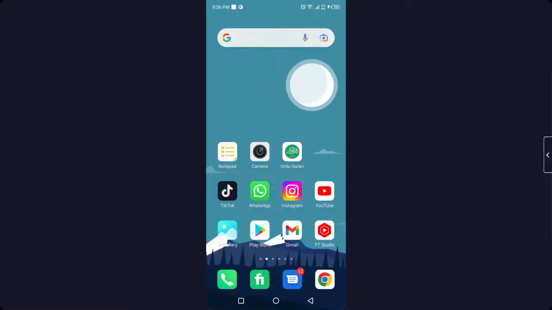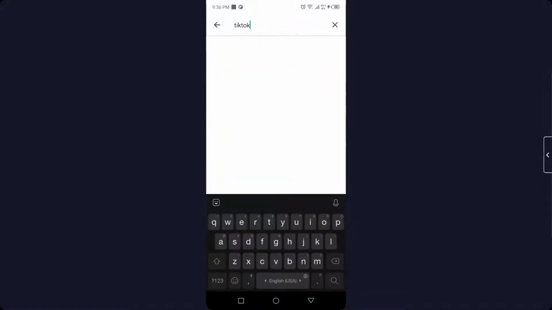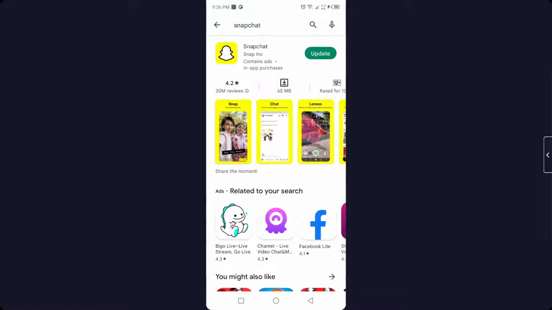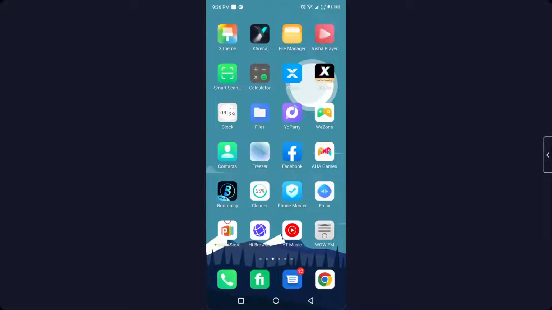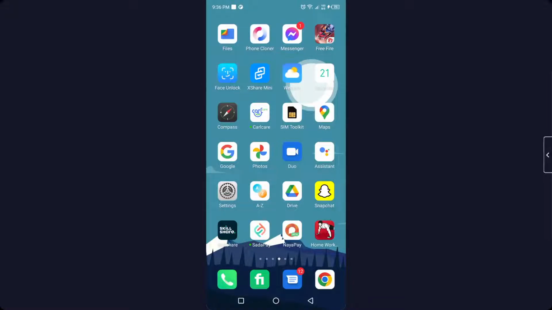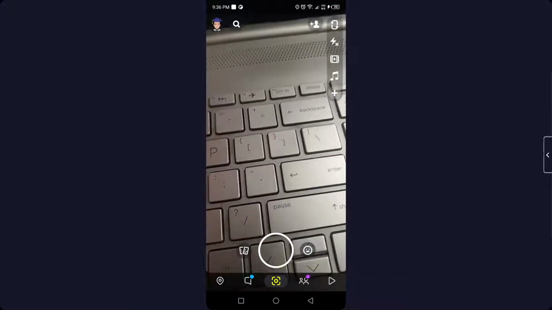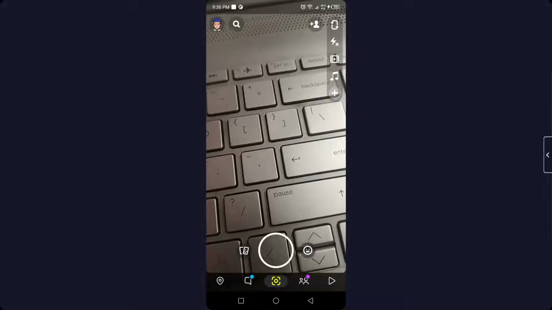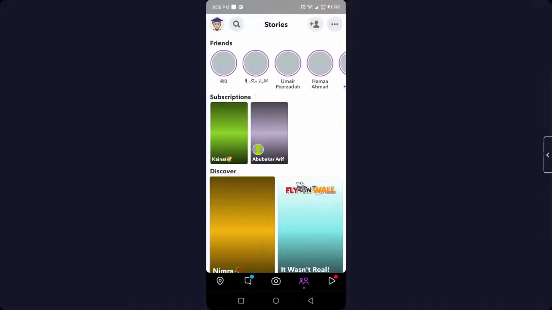So the first step you need to do is to open Play Store and search for Snapchat. If you find an update, you need to update your Snapchat application. Once you've done that, you simply need to go and open Snapchat. Once you open Snapchat, you simply need to click on the icon of the people, and here you can see